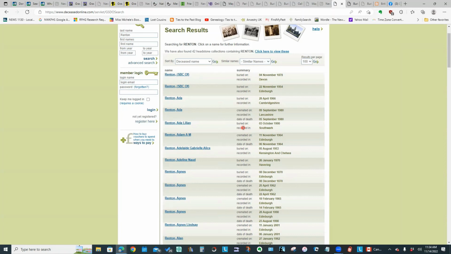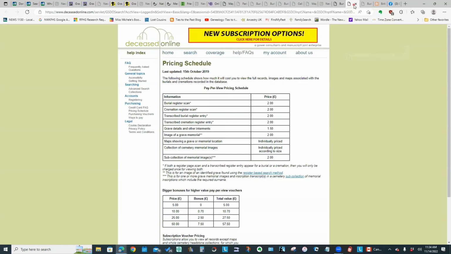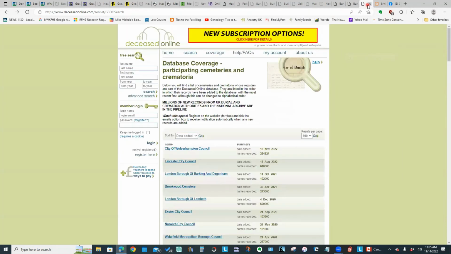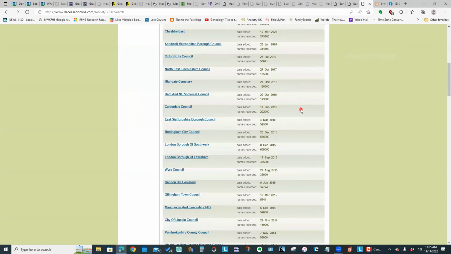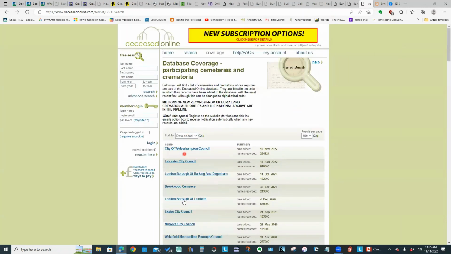I find they're adding to their coverage all the time. And if you click on the coverage links, it actually shows all of the cemeteries. So that was this coverage menu option.